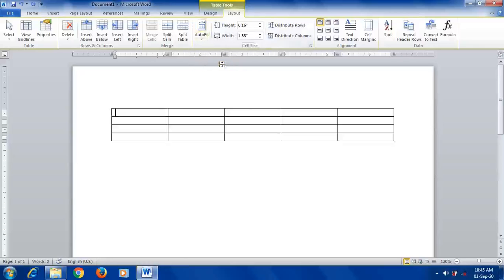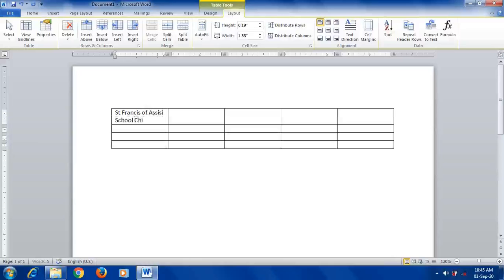Next one is fixed column width. In fixed column width, the column width gets fixed and the text is wrapped in the same cell. Here the width is fixed, like you see. Let me add another word here.